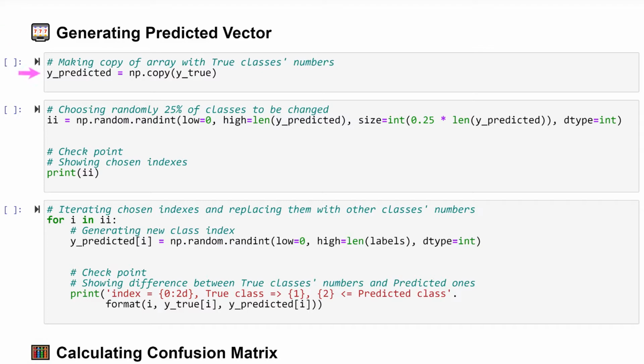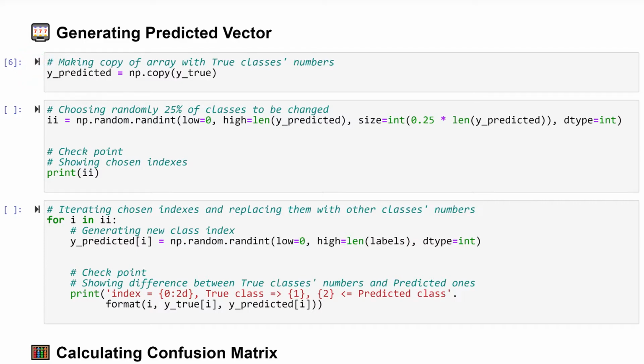Firstly, in this cell, we make a copy of the previously generated true vector. We do it by the numpy function np.copy. It will give us a complete copy of the array and not just a reference to the true array. By doing so, we make sure that all changes we apply to this new variable with the numpy array will not influence the same numpy array in the true variable. Find more details and examples by the link at the end of this Jupyter notebook. Let's run this cell.